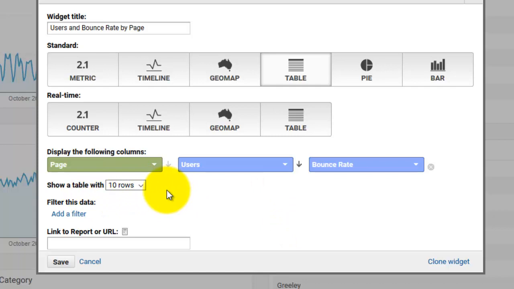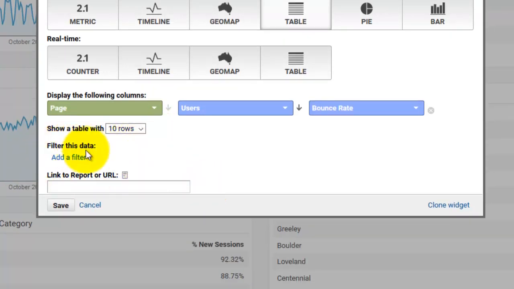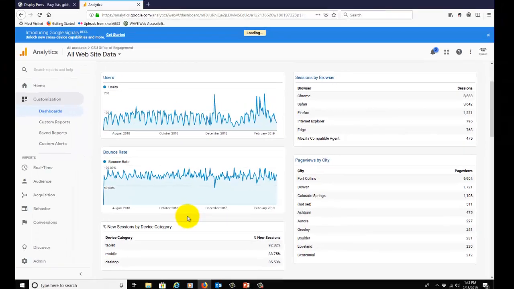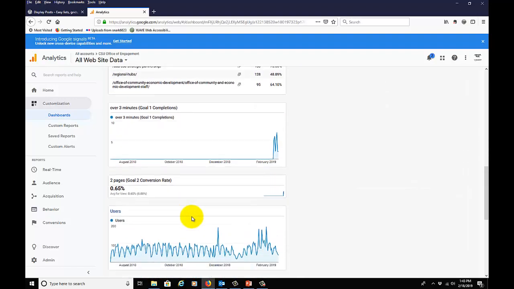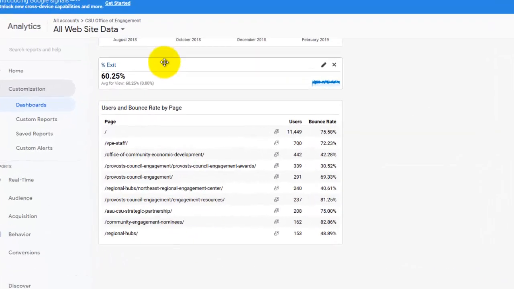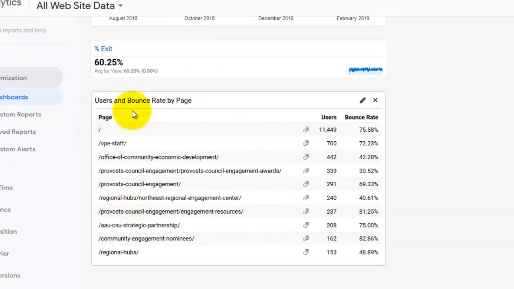We'll work with a 10-row table. You can add a filter to say show simply Chrome users, show simply mobile users, that kind of thing. We'll just stick with page, users, and bounce rates here and click save. And then we'll scroll to the bottom, and here we have the table we've just created, users and bounce rates